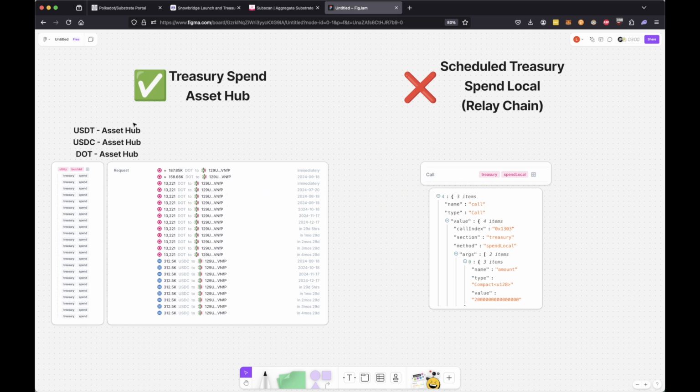Now, it might be kind of confusing to understand when is it DOT being spent on Asset Hub or is it on the Relay Chain, so hopefully this helps. When it is Treasury spend, like you can see here, just assume that it's on Asset Hub, right? Because it very much likely is. In this case, this is the Snowbridge referendum, and you can see it's all Treasury spends, and there's DOT and